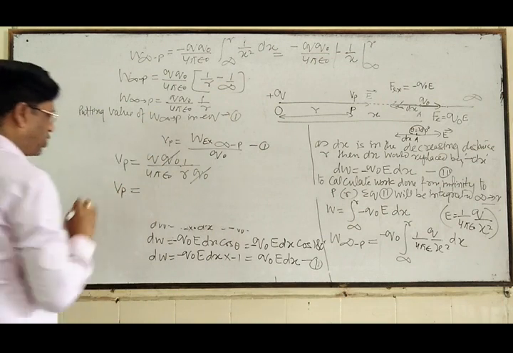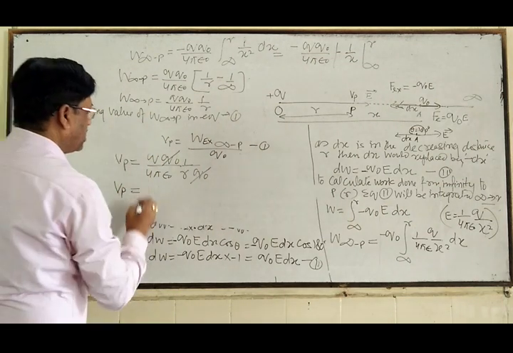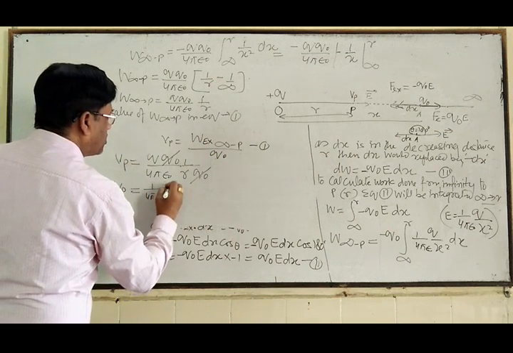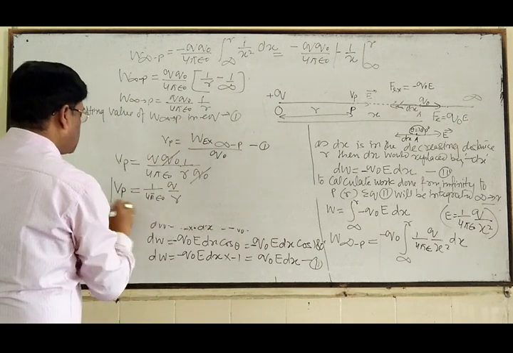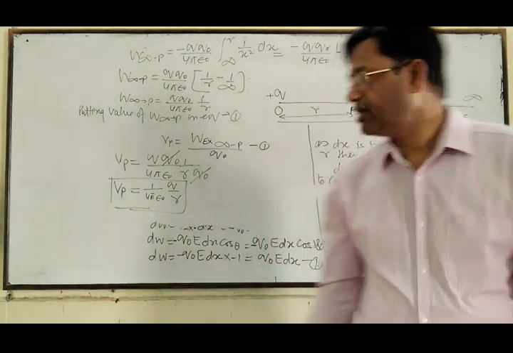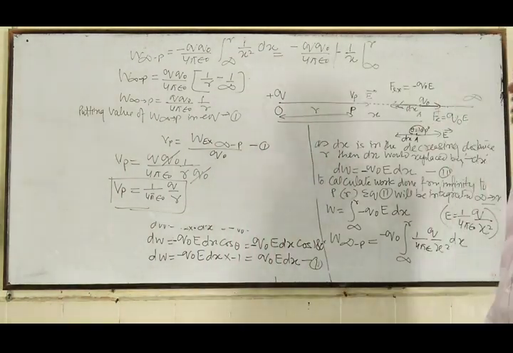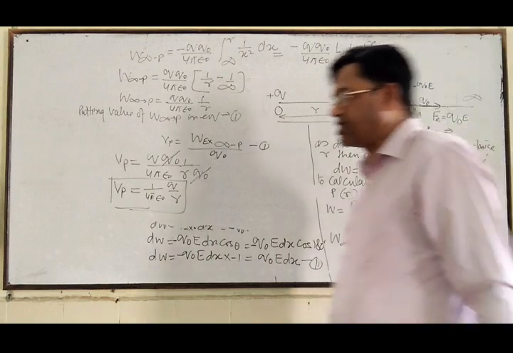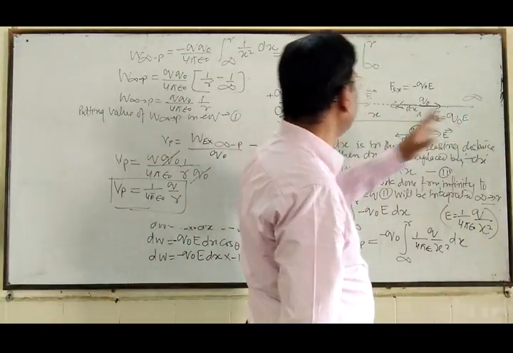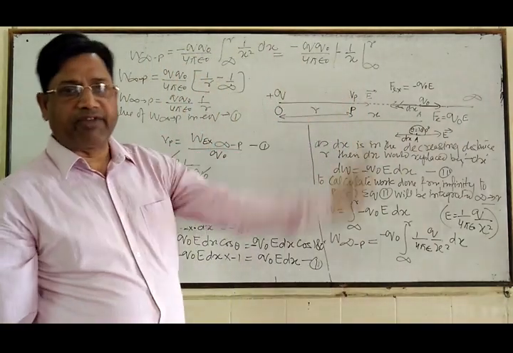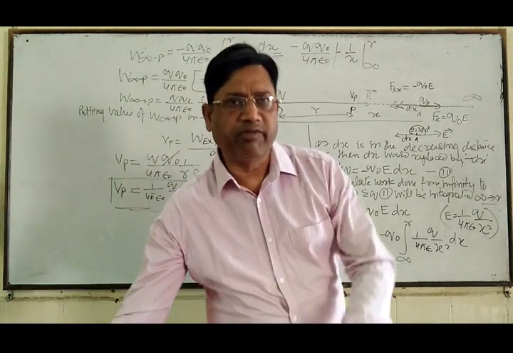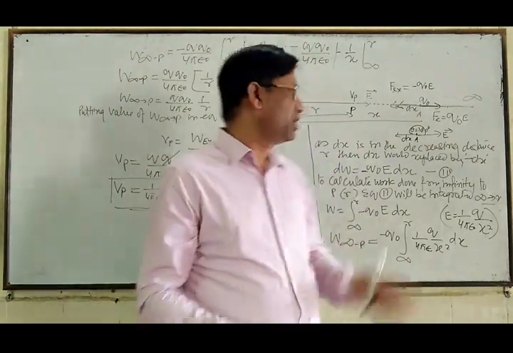Electric potential at point P, it has come: 1 upon 4 pi epsilon naught, that is Q. This is the formula of electric potential. Is this clear? This is very easy. Simply you have to calculate the external work done in moving a charge from infinity to the point P in the electric field. Then you can calculate. Now, few examples I will discuss, the field breaker problem. Let's see how it is.